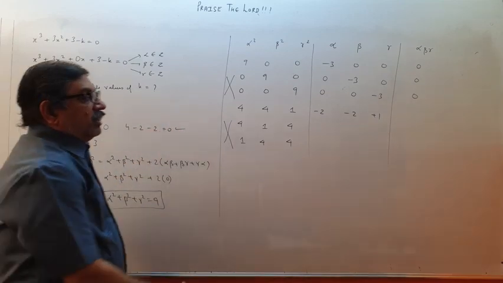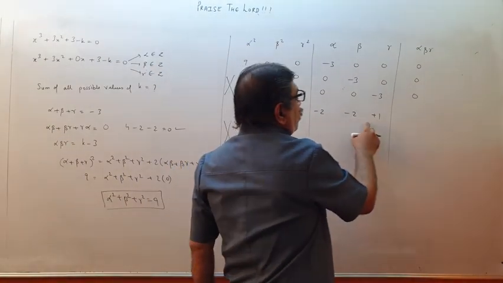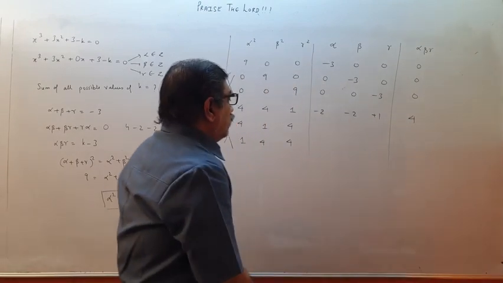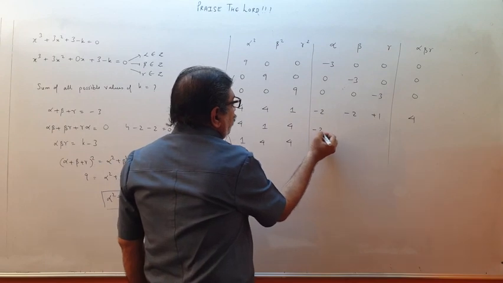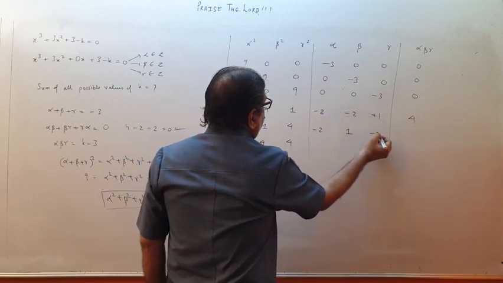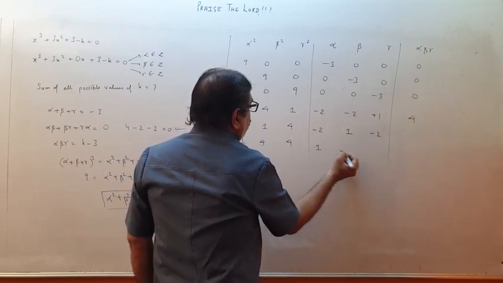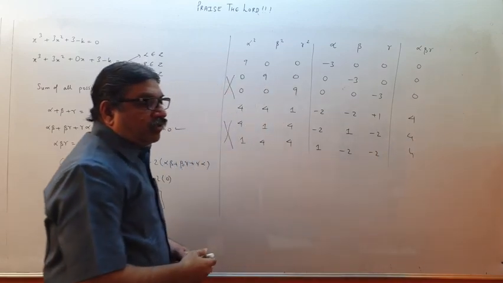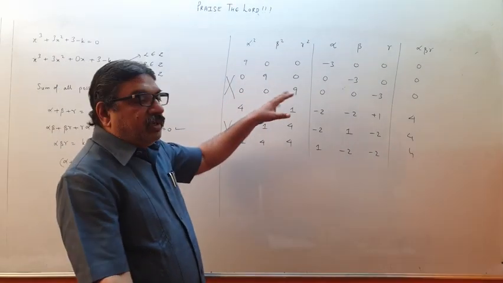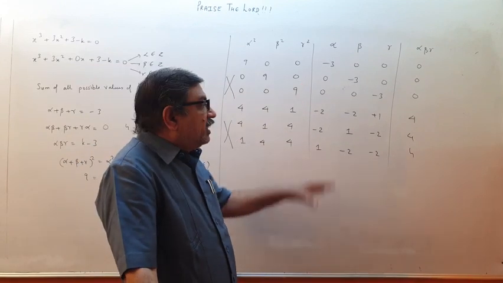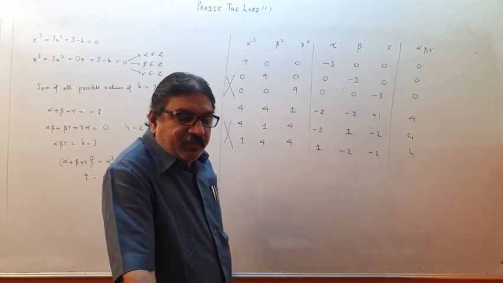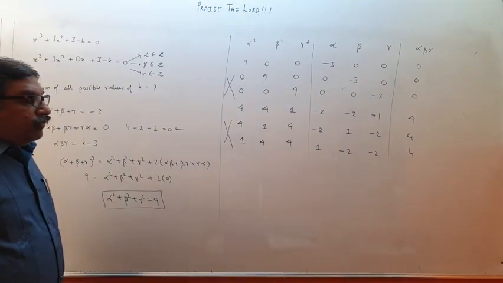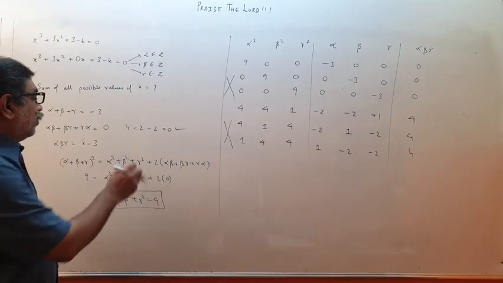So that means one option is correct, and the product will be how much? 4. Minus 2 into minus 2 into 1. If you would have taken this, then this would have been minus 2, 1 and minus 2. This would have been 1, minus 2 and minus 2. Still it would have been 4 only. So you have to realize that any one will do, remaining two options need not be calculated. It is unnecessarily increasing your labor. So I think that alpha, beta, gamma can be 0 or 4. I place it over here.